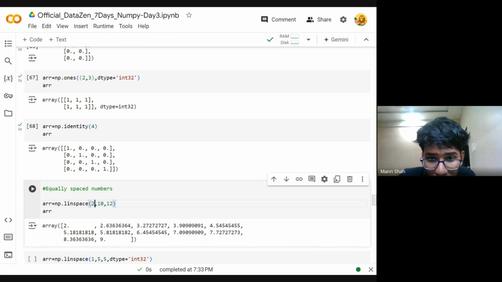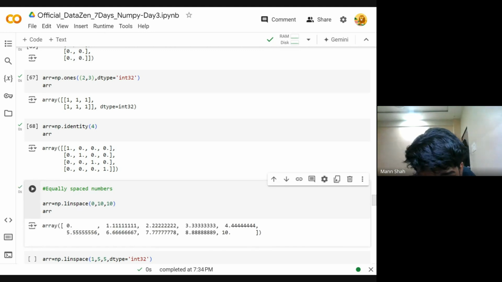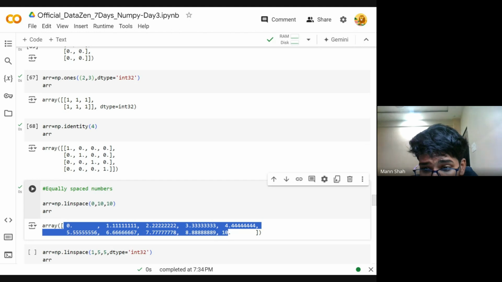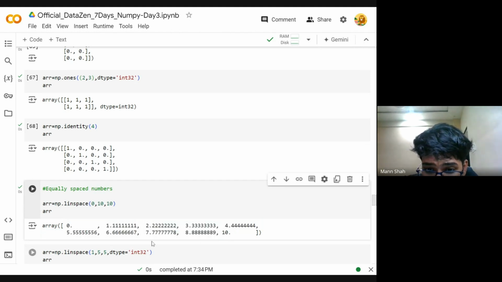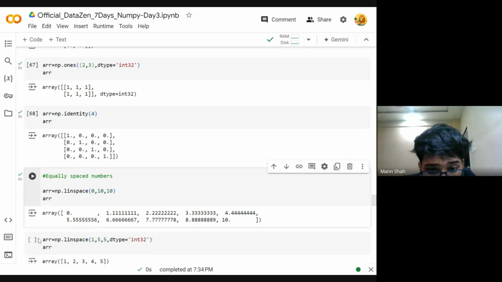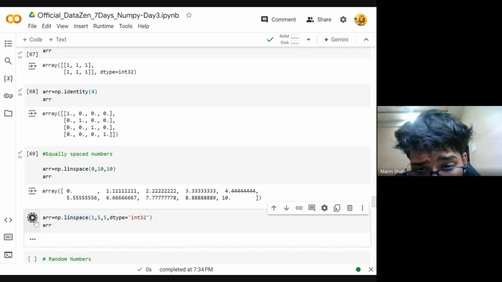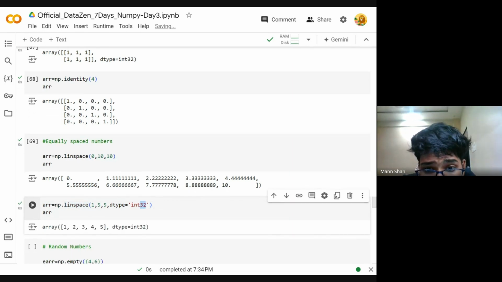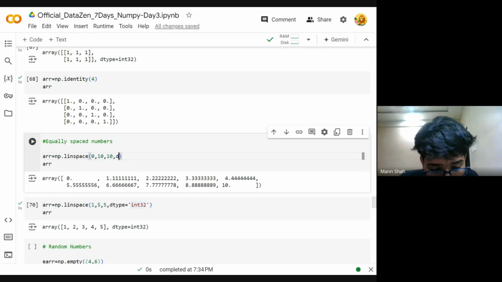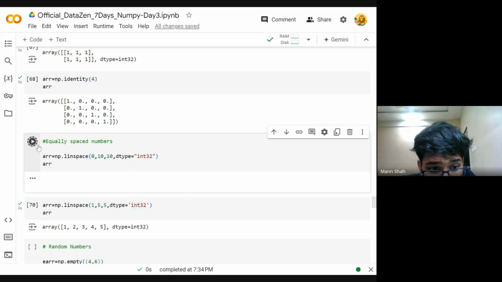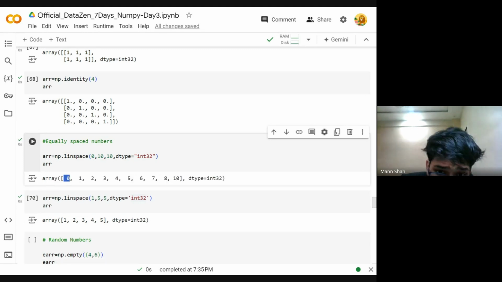If I have 0 to 10 and 10 elements, all these elements have equal difference from each other. You can see here. In the same way we can give the data type here. When we provide the data type as integer, it rounds off to the closest integer. As we saw, we were getting 0, 1.1, 2.2, so it is rounding off to the closest integer,